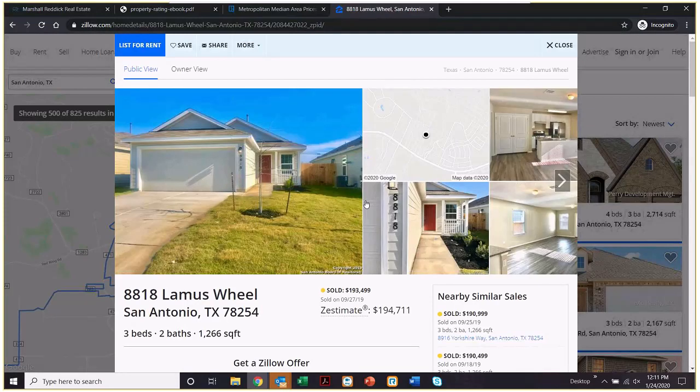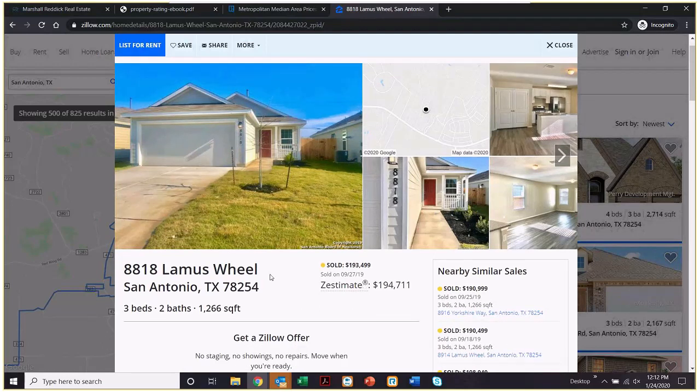So I'm looking at this property. Now, this is a property in the San Antonio, Texas market. It's one of the markets that is constantly named as the fastest growing city in the country. It's been in Forbes articles and Business Week articles and CNN articles as one of the best places in the country to invest. So I pulled this property because it sort of fits with the pricing and the rent amount